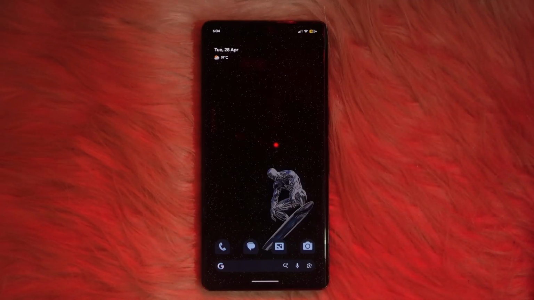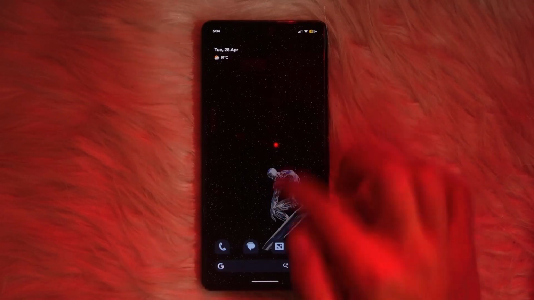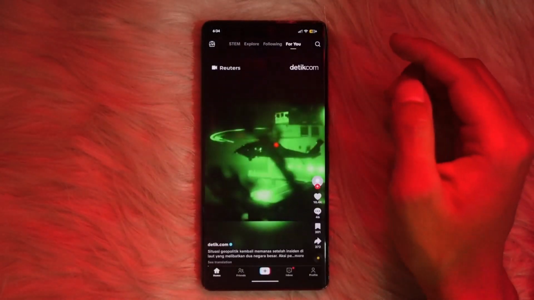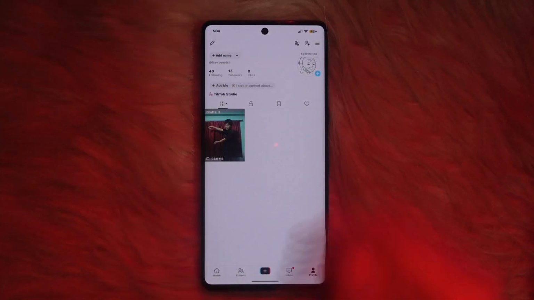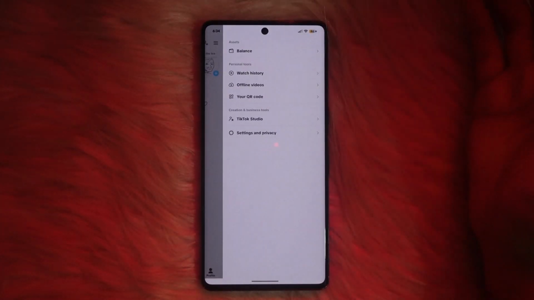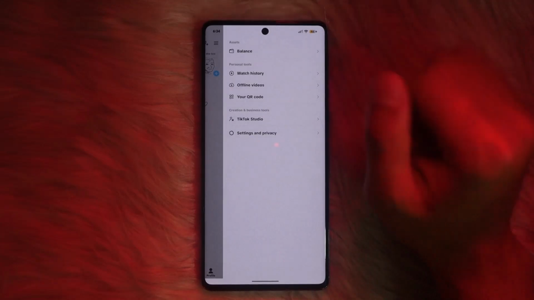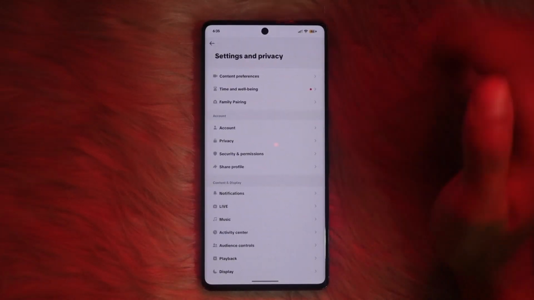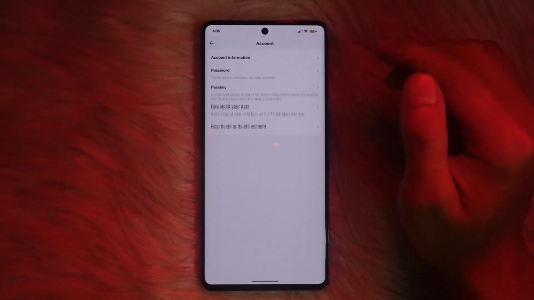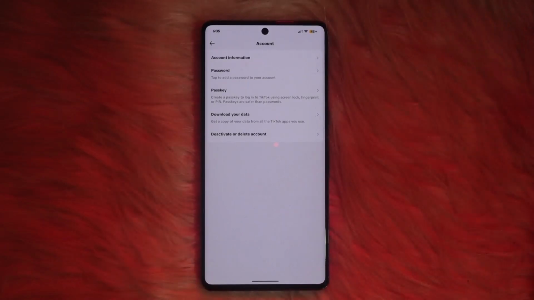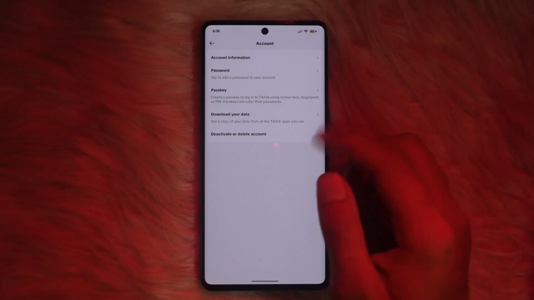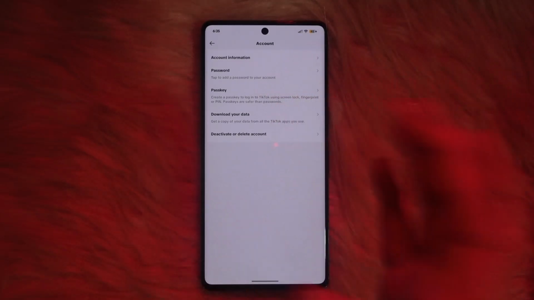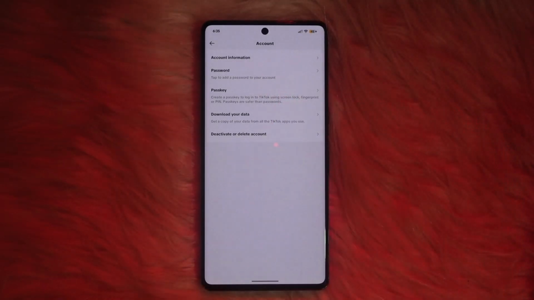Now, to set up TikTok Business Center, go ahead and open your application. From there, tap on your profile icon located at the bottom right. Then tap on this three horizontal line menu icon located at the top right. From there, head to settings and privacy and you will find this option called account. Now, once you're there, you should be able to find the option called switch to business account. However, my account is not a business account, so it is not shown in mine, but it should be available in yours. Now, once you click on it,